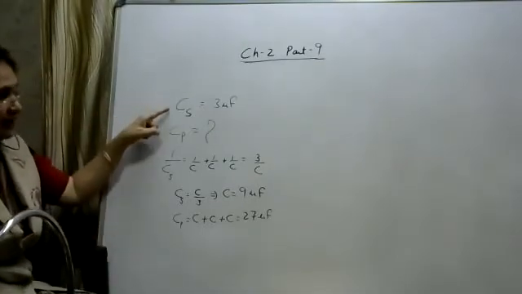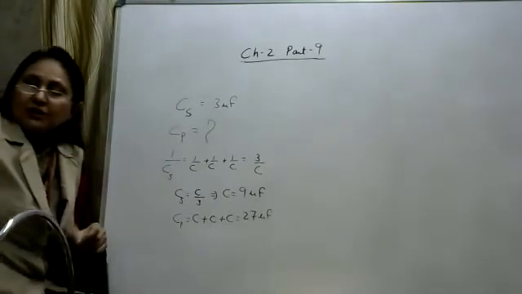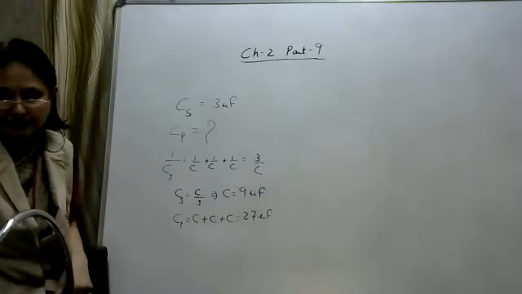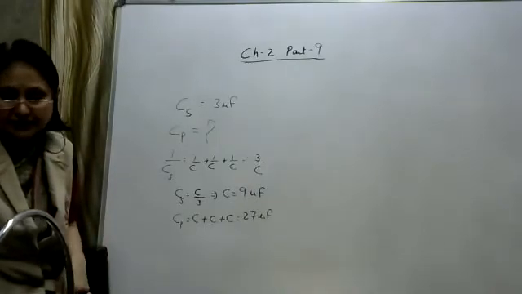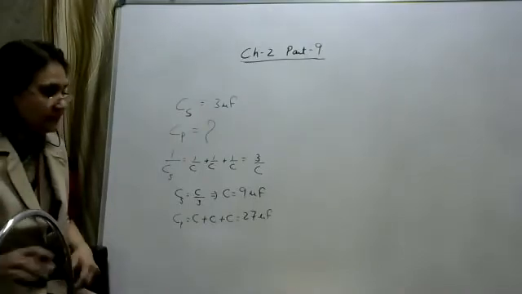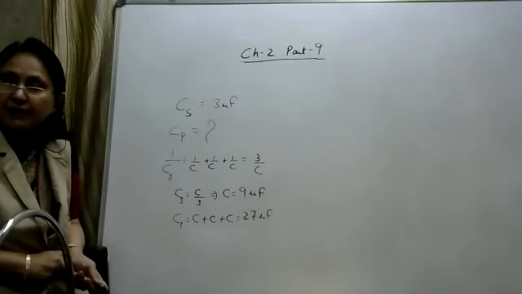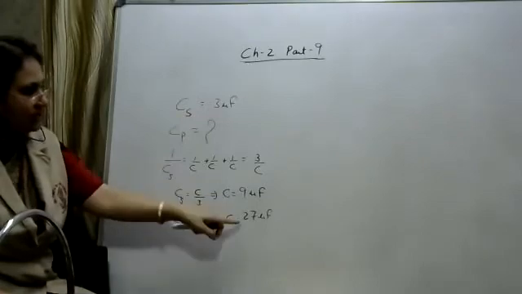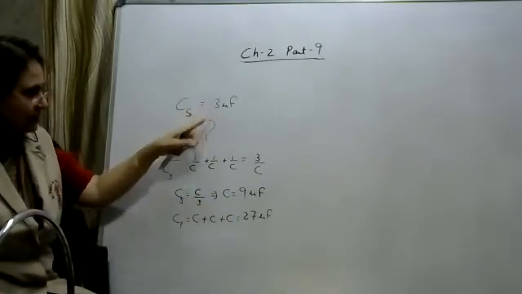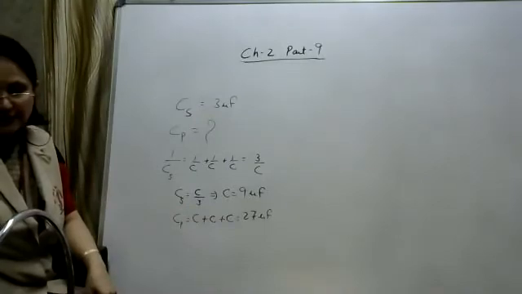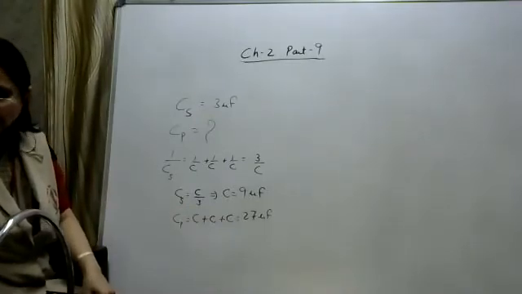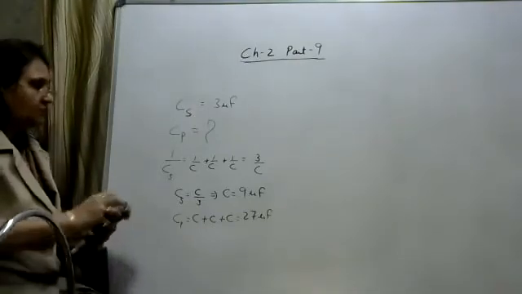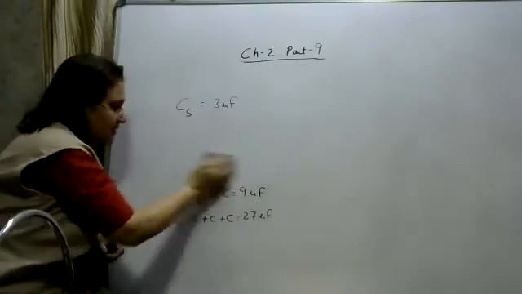So here you have to find out the ratio of the energy stored when they are connected in series to when they are connected in parallel, if they are connected to the same source. We know that the energy stored is given, in terms of V, by half CV square. CS is the equivalent capacitance in series, CP is the equivalent capacitance in parallel, and we know both. So let us write the expression here.